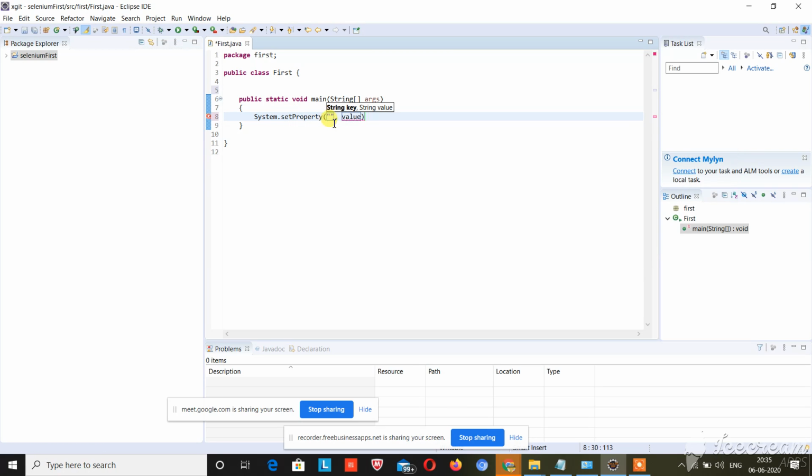System dot set property, webdriver dot gecko. Paste the path where you have your driver.